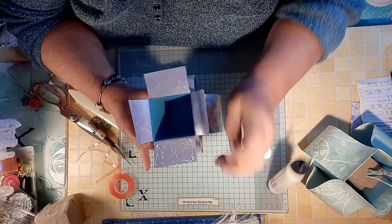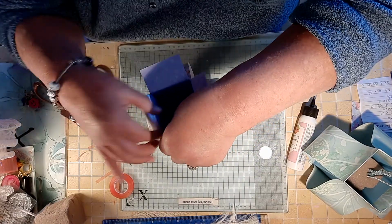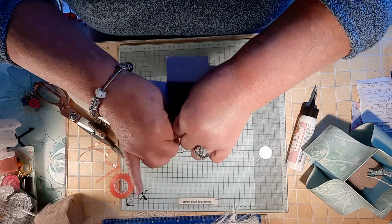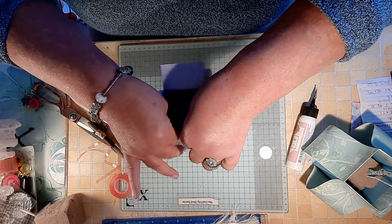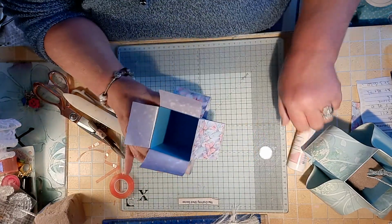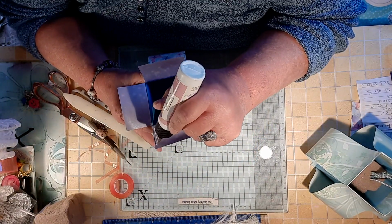And I'm going to fold them in inside. Okay, squish that glue in to the inside, and then you've got that paper that's inside then. Okay,